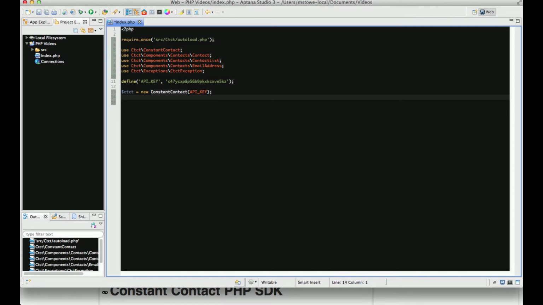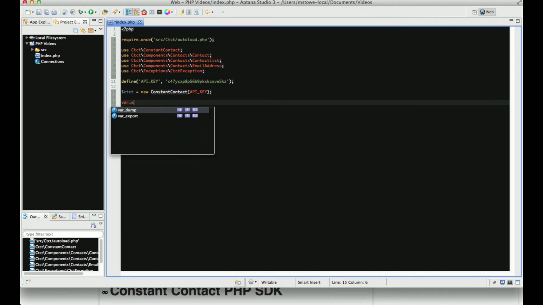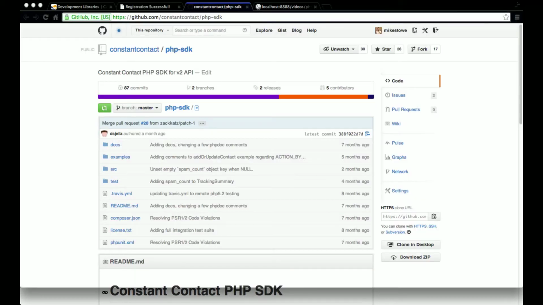The next thing we want to do if we're adding contacts is find out what lists we have available. So we're going to do var_export, just so it's nicely formatted, ctct getLists. And you'll notice that in this getLists, we're going to need an access token, which we haven't generated yet. So we'll just go ahead and close that out, and we'll go back to our nice little